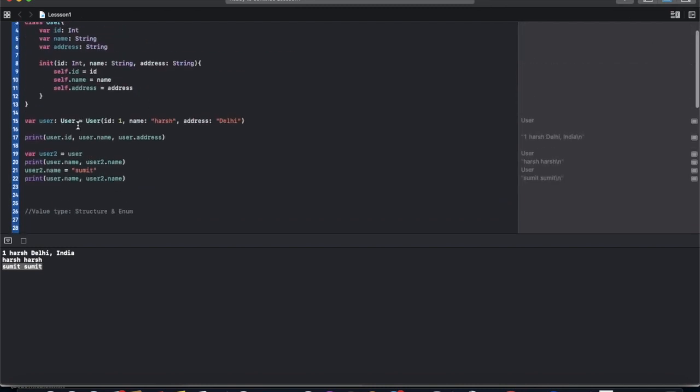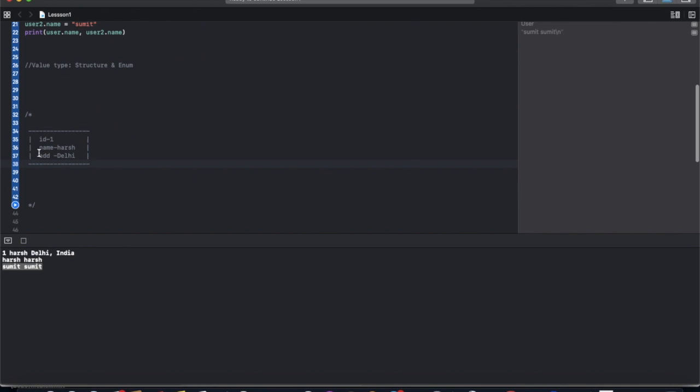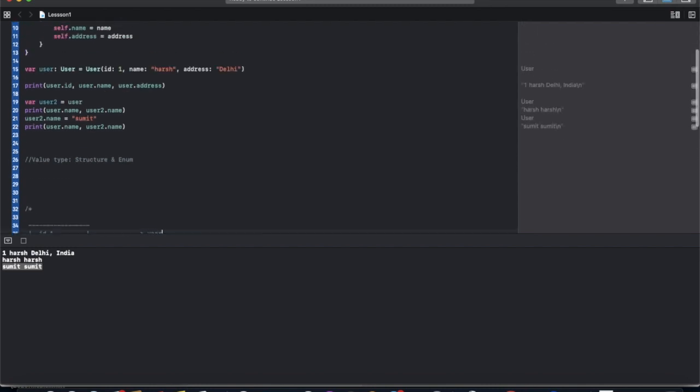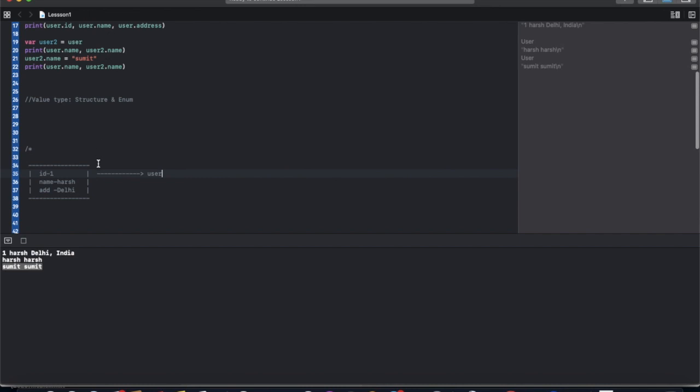When we create a user variable of class type, it just creates a container. It provides the value and creates a reference, and refers it to the user variable. So the user variable knows the address of this container, and when we want to print a value or make any other call, it goes to the container because it knows the address, extracts the value from the container and shows it to the user.